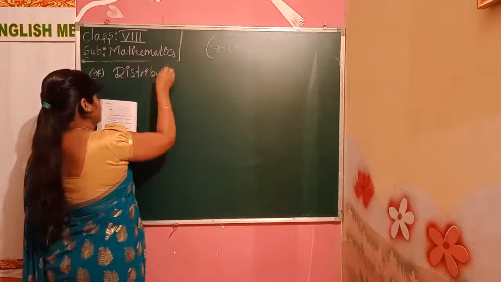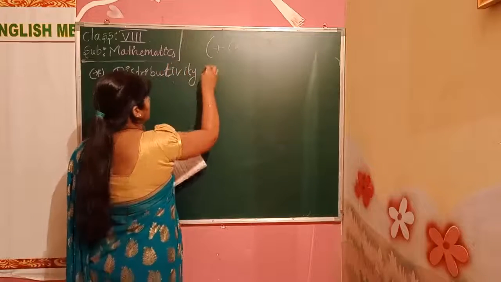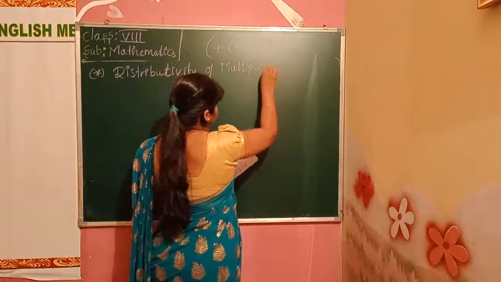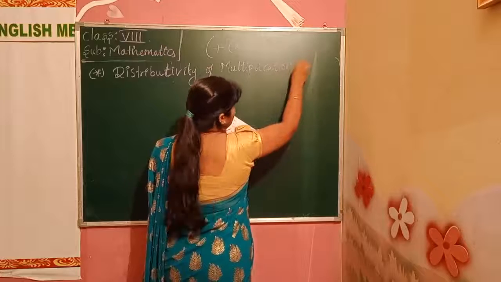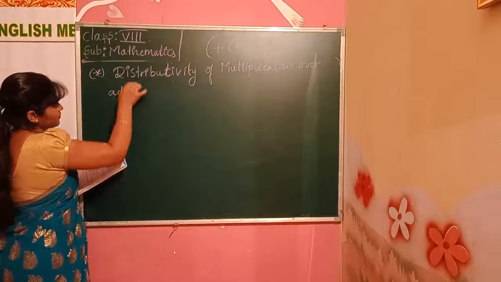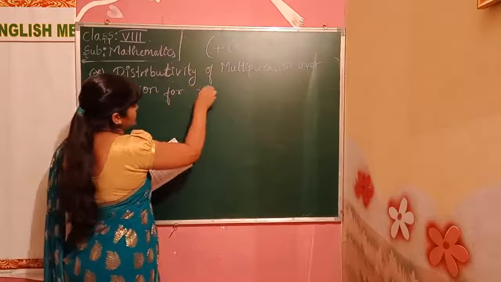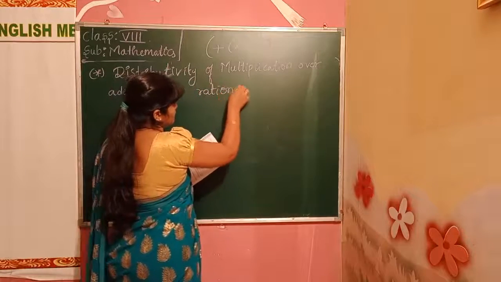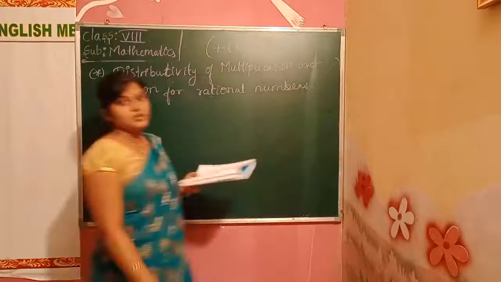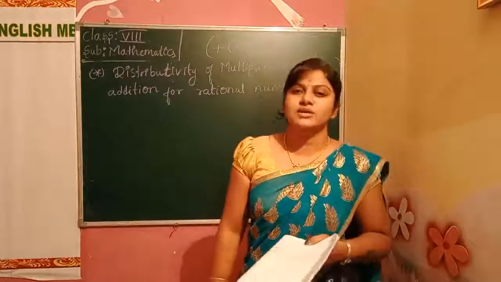Distributive property of multiplication over addition of rational numbers. Over rational numbers. Okay, then what we are doing here, we are mixing up a plus and